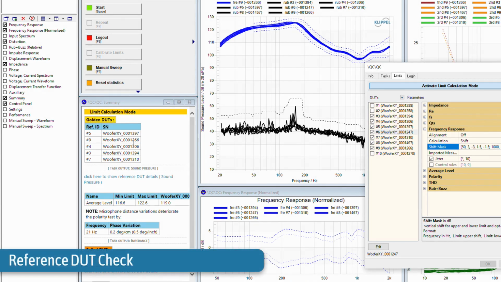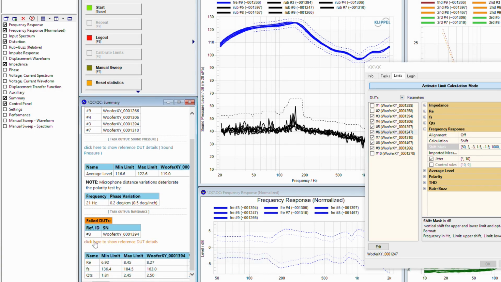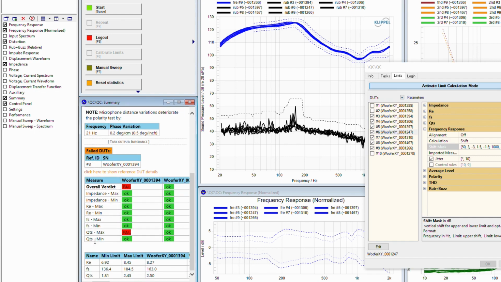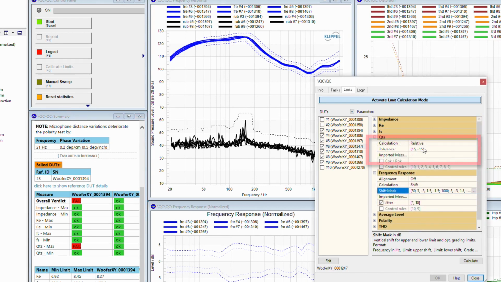What we can also see here, we have one failed unit in the impedance task. So let's check out what's the reason. So we have a fail here in QTS. So this one seems to be an outlier. We have a limit here. It's based on a 15% shift, and